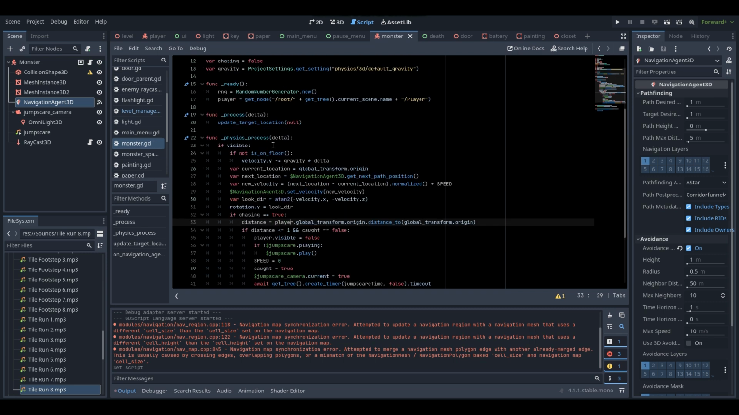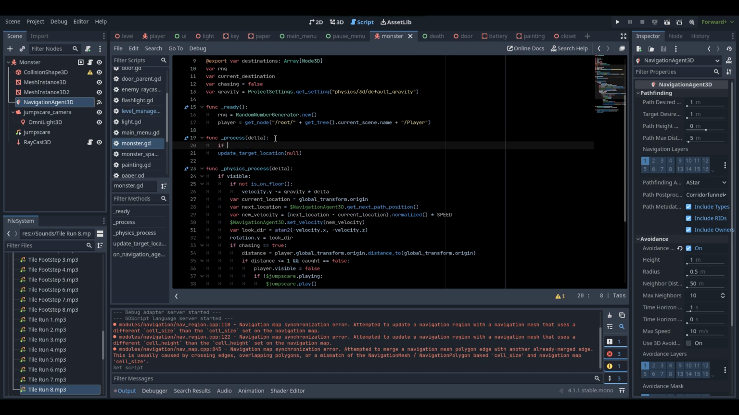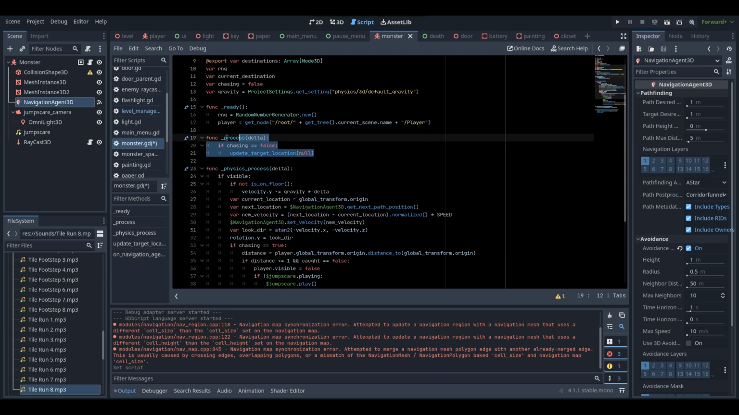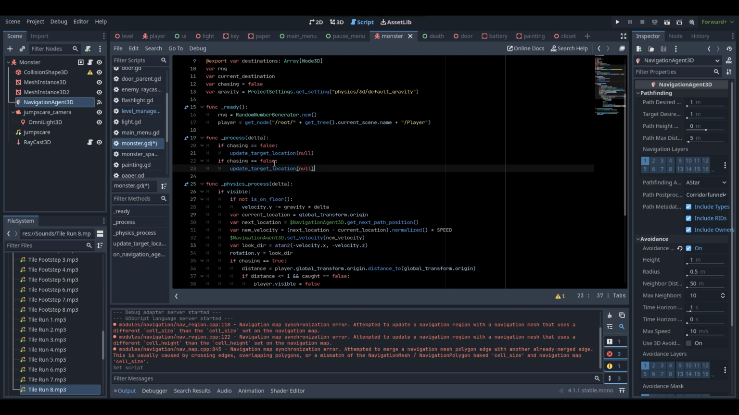And yeah. Also in the process function here as well, what you want to do is go if chasing equals false. Then you just put that underneath there. You just tab that in. And then we're going to copy this. And then if chasing equals true. And then what we're going to do here is put the player. So we're going to go